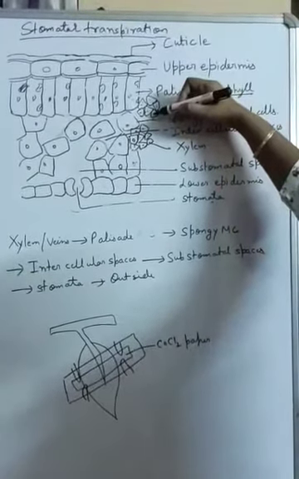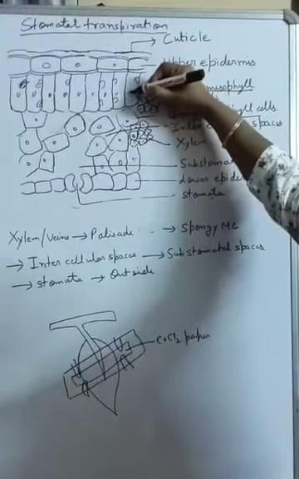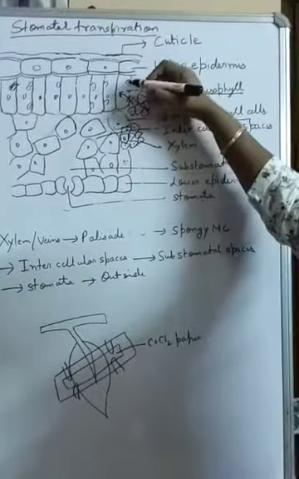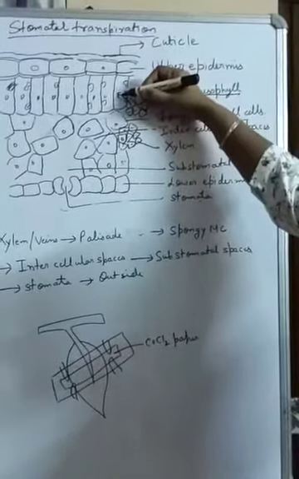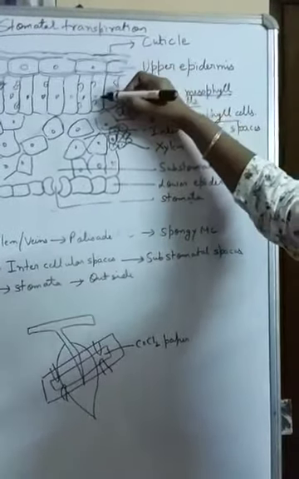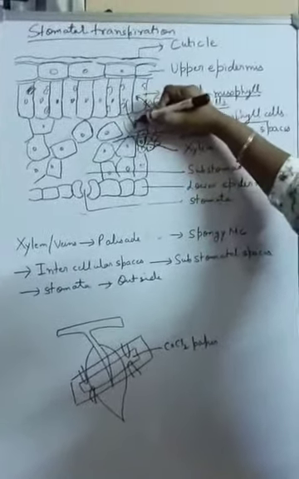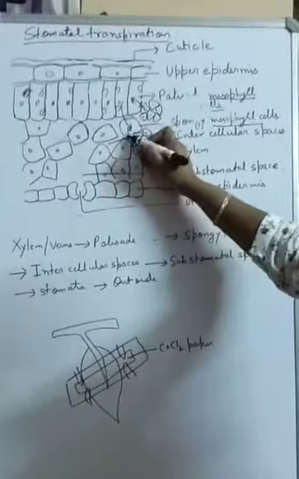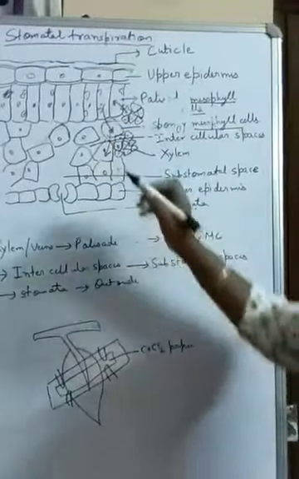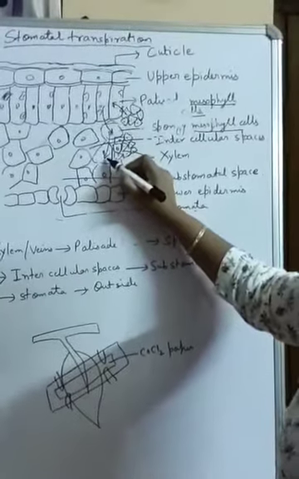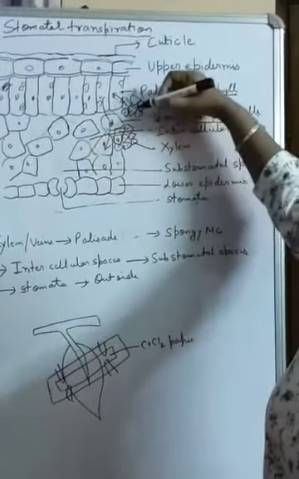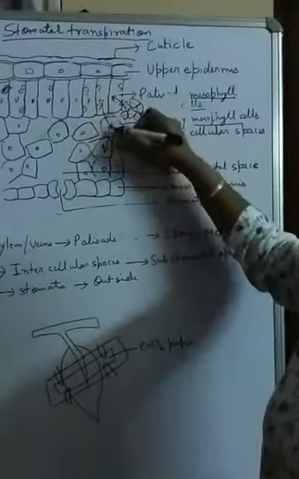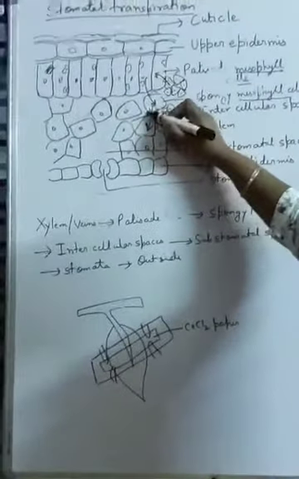So water comes up to the xylem, and then from xylem through osmosis it goes to palisade mesophyll cell. Osmosis we already know, movement of water from higher concentration to lower concentration through a semi-permeable membrane. And then again through osmosis from this palisade mesophyll cell it goes to spongy mesophyll cell. From one spongy mesophyll cell to the next spongy mesophyll cell. So the process is osmosis, means from xylem to palisade mesophyll cell, palisade to spongy mesophyll cell. When the water travels, it travels through osmosis and it is in the form of water, liquid.